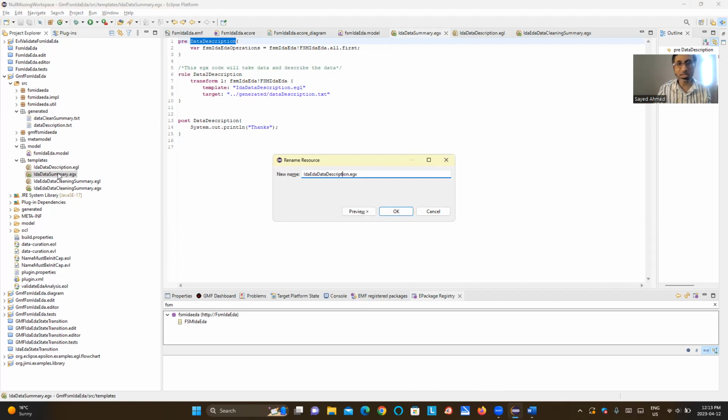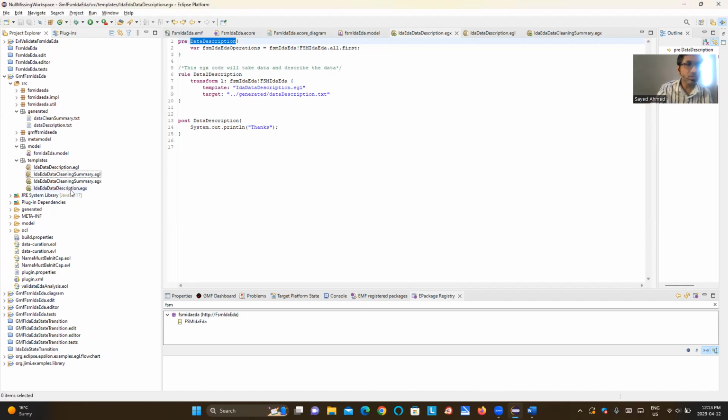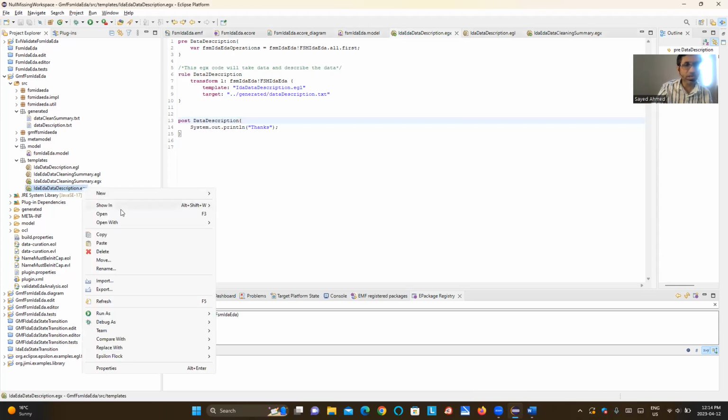Okay, IDA EDA data description dot EGX. So this is this one, data description. Okay, so let's try to run it. How do I run it? Run as